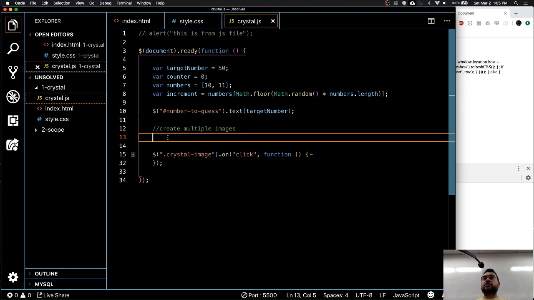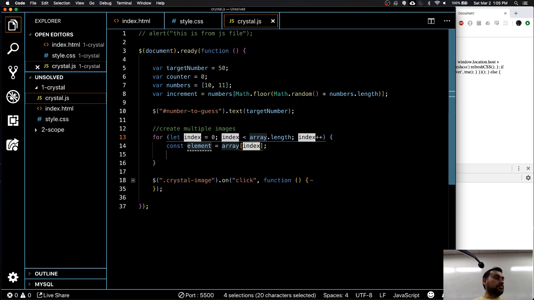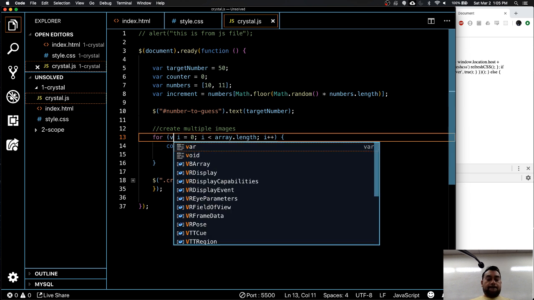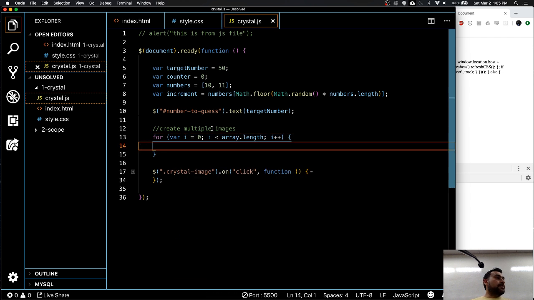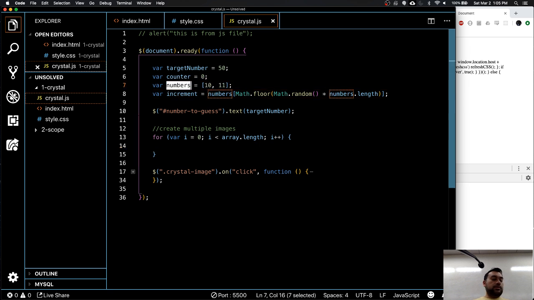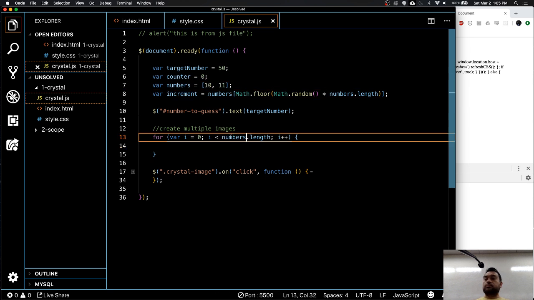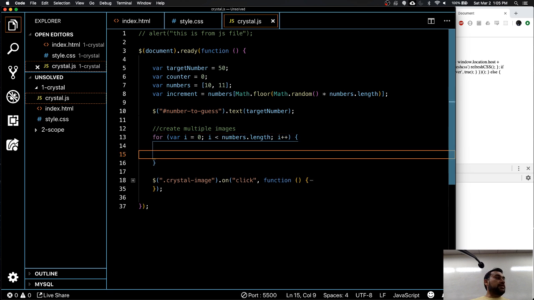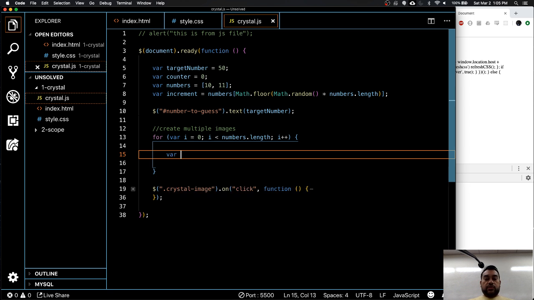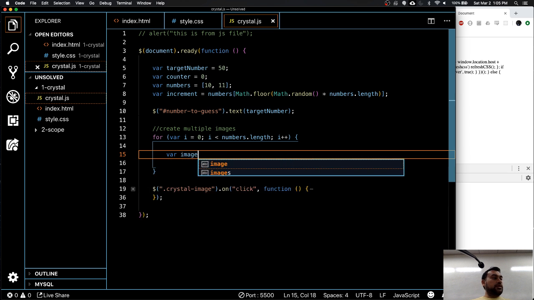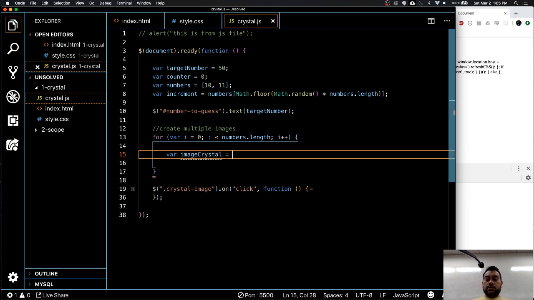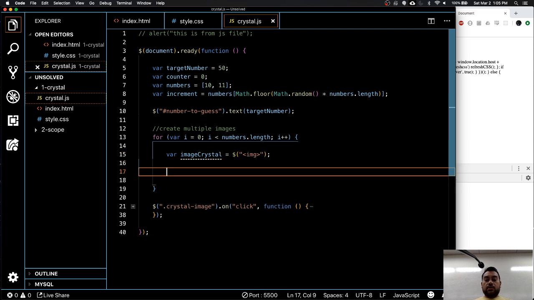I start with a for loop, same as the fridge example. My array is numbers. And then it's the same jQuery code that we have been seeing. So let's create an image tag. I'm going to say image crystal is equal to dollar, and create the same image tag. I need to add a